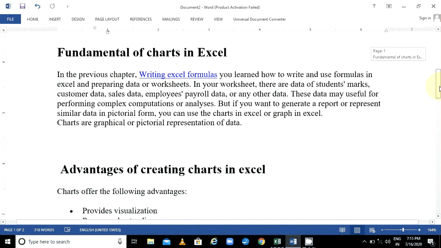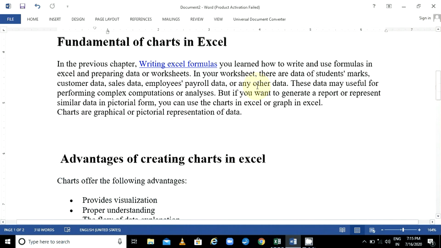First the basics of that. In your worksheet, there may be data of students' marks, customer data, sales data, employee payroll data, or any other data. This data may be useful for performing complex computations or analysis.